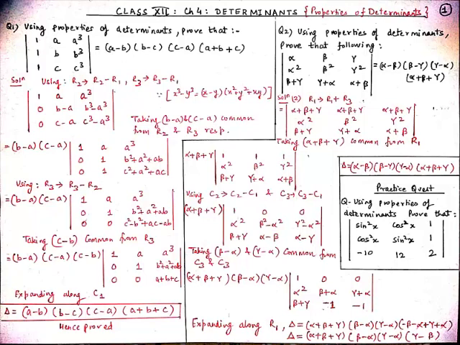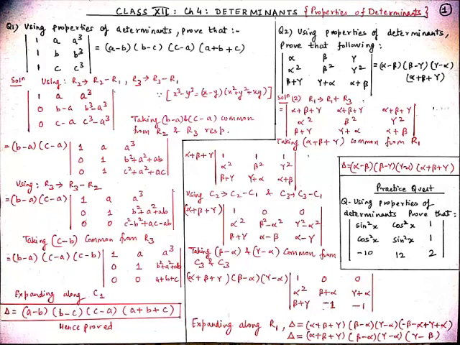And now students, in our row R3, the element a33 is c² − b² + ac − ab. As we know, c² − b² is (c + b)(c − b), and from ac − ab, when we take a as common, in the bracket we get c − b. So from row R3 we can take c − b as common, and therefore we get (b − a)(c − a)(c − b), and in our determinant 1, a³; 0, 1, b² + a² + ab; and then 0, 0, a + b + c.